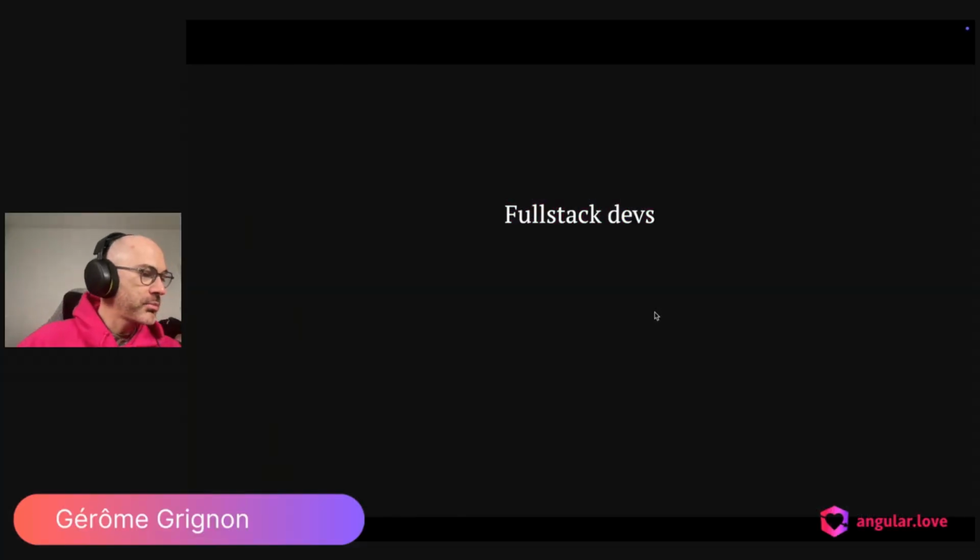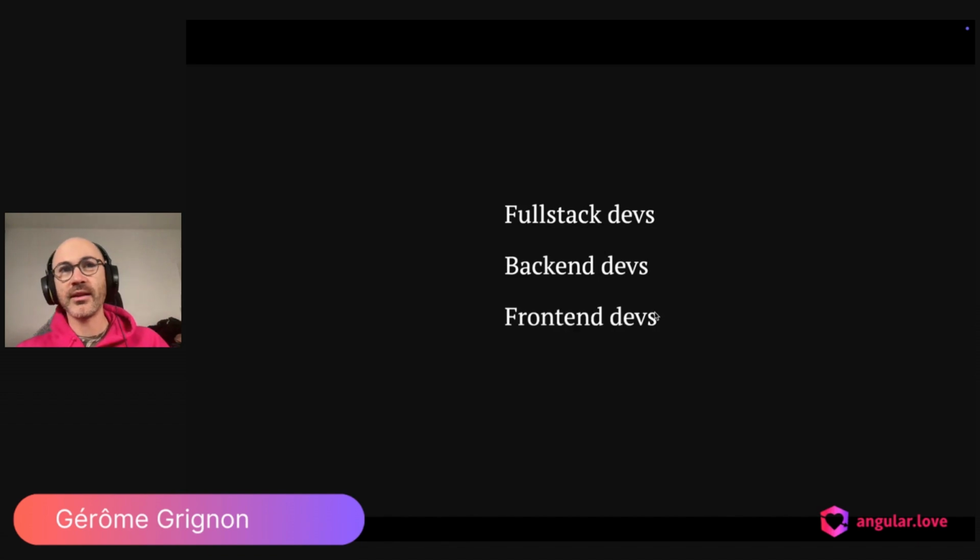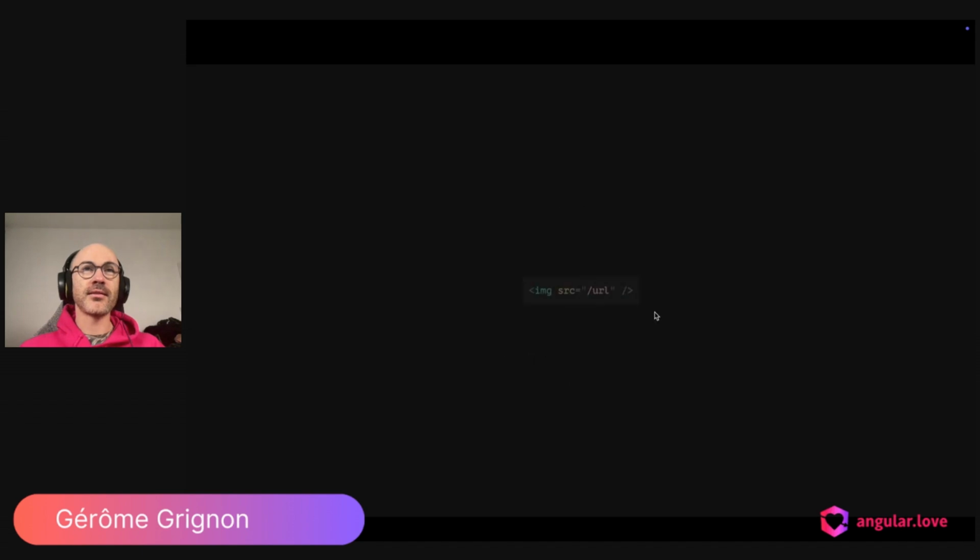So in my company, we have full stack devs, backend devs, front-end devs, but we also have UI devs. There are not quite a lot in companies. There are people just making HTML and CSS, and not only do they really enjoy doing it, they're really expert at it. And suddenly they discover that rather than just using the src attribute for images, we had a code base with this